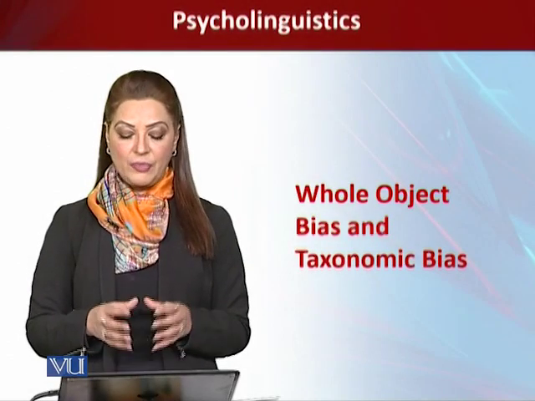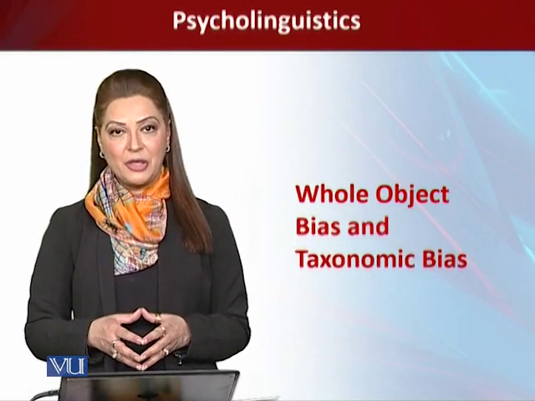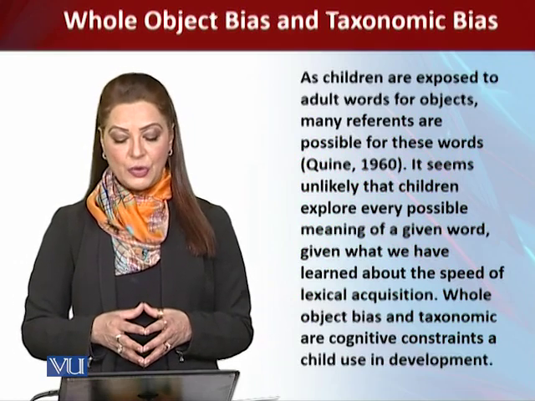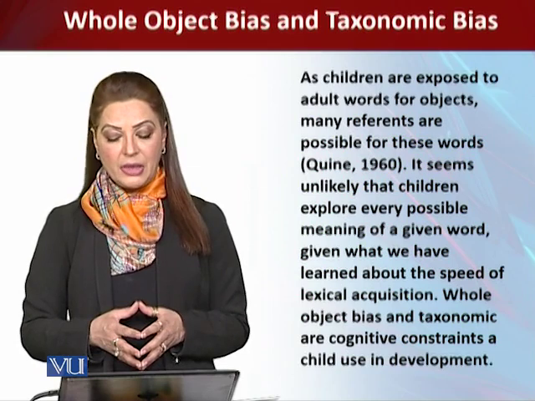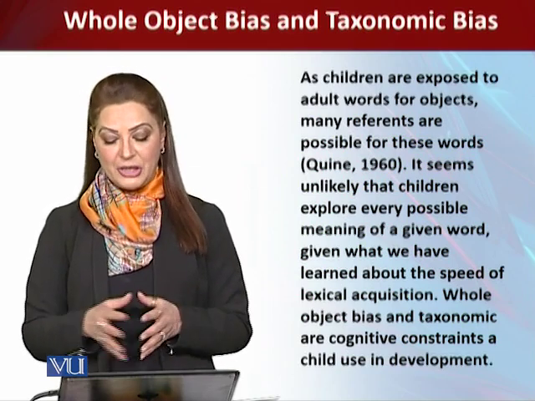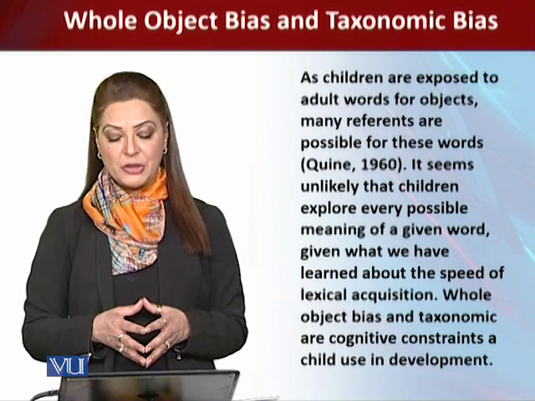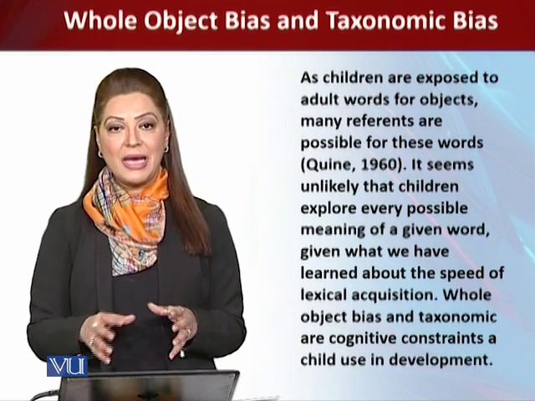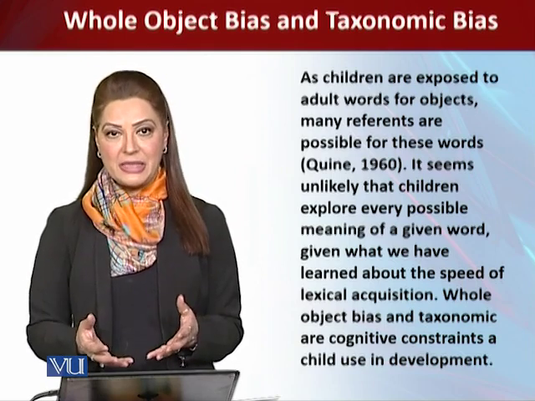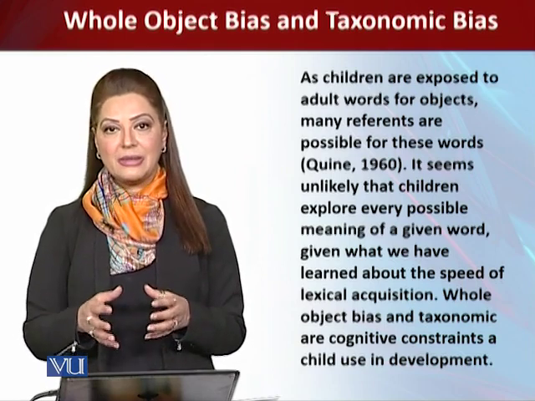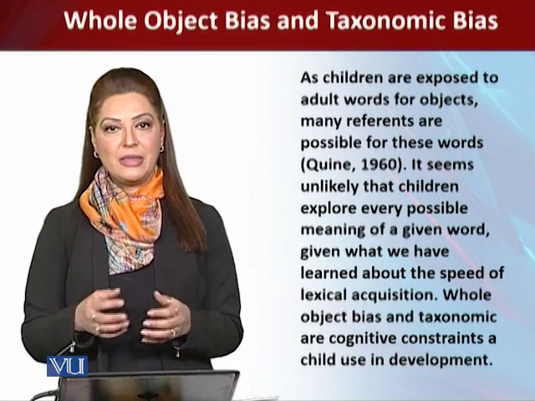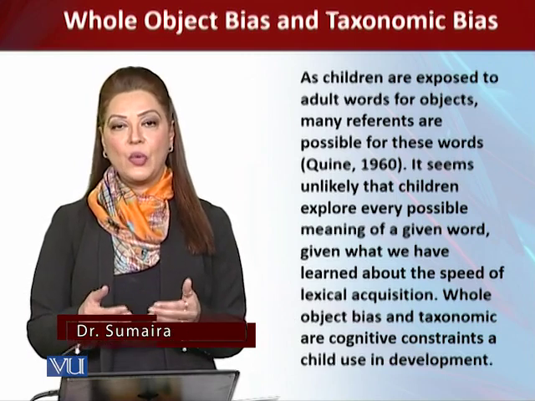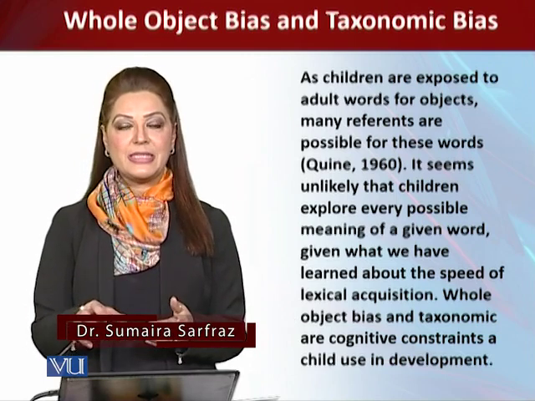Now we will discuss whole object bias and taxonomic bias. As children are exposed to adult words, especially the words for objects, many references are possible for these words, and it becomes very difficult for children to look at the multiple meanings that they come across. So this particular constraint is considered a cognitive constraint, and under these constraints we have whole object bias and taxonomic